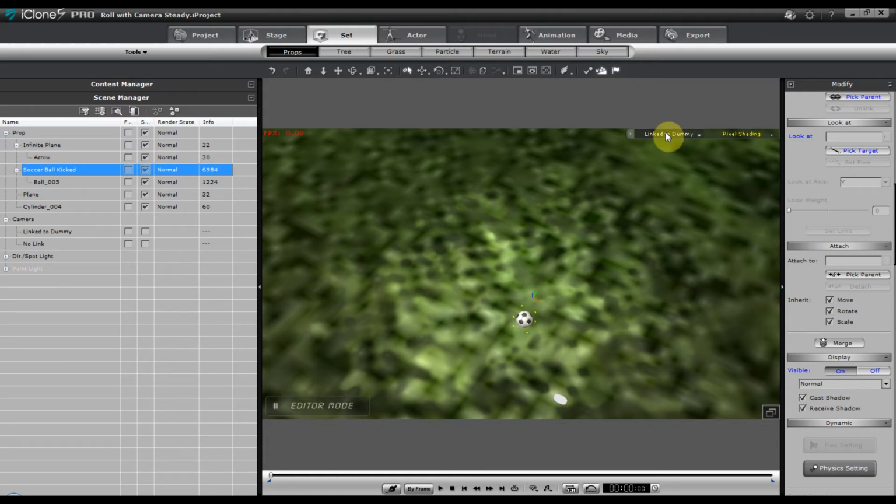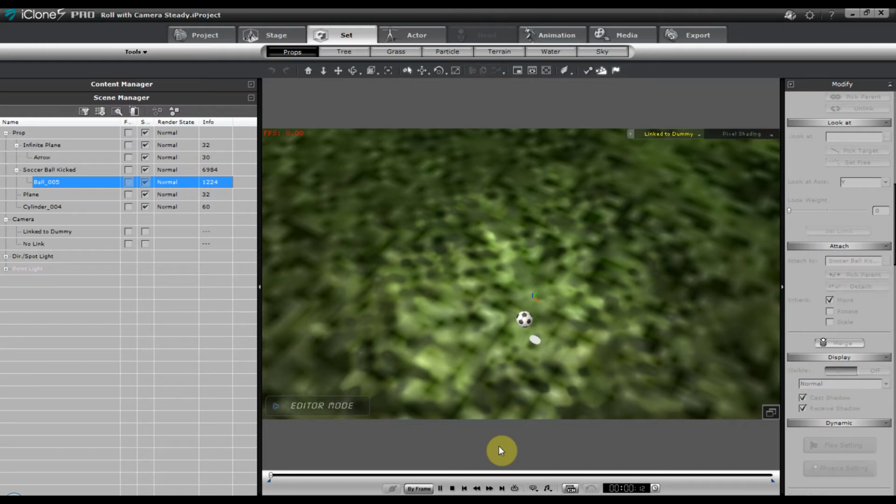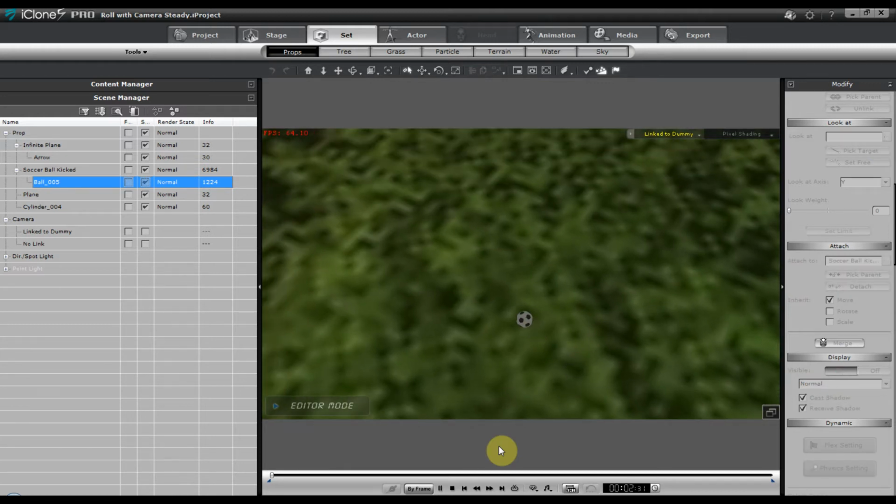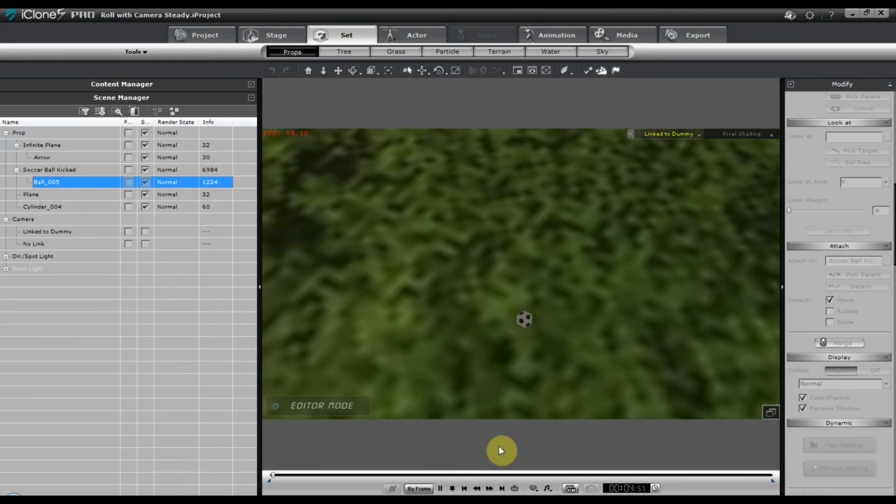this link to dummy camera is what's actually active now. This camera is linked to this ball. This ball will follow the soccer ball when it rolls. It will not move, or it will not rotate or scale, but it will move along with the ball depending on what path it takes. So if I hit play now or spacebar, the action will begin and the ball gets kicked off. Once it stops,